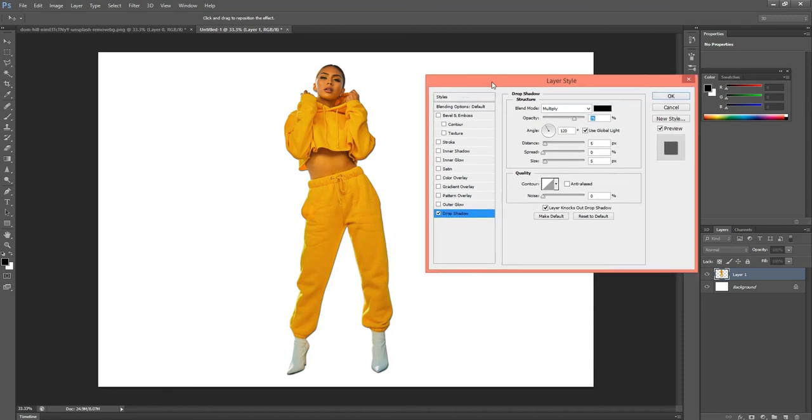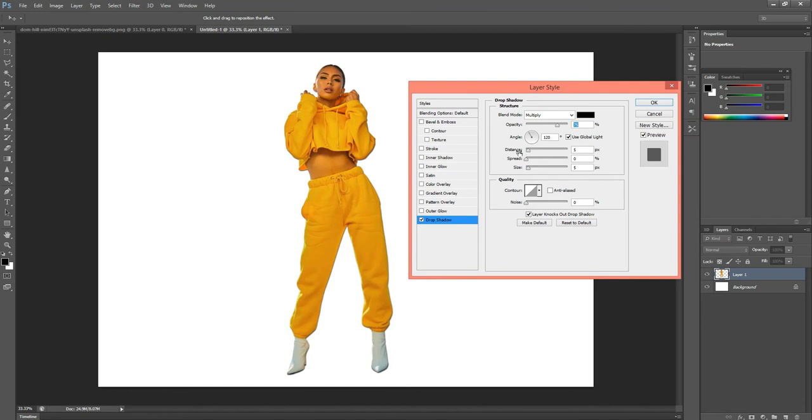It's already created, but we can see the Distance. We can increase or decrease the distance from here. When we increase the distance, we can see the drop shadow created here. Spread means we can increase or decrease the spreading of the shadow.